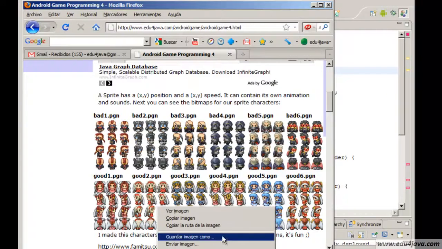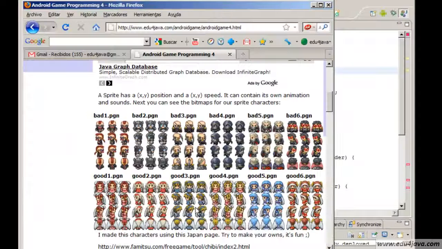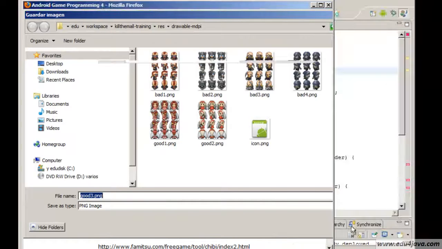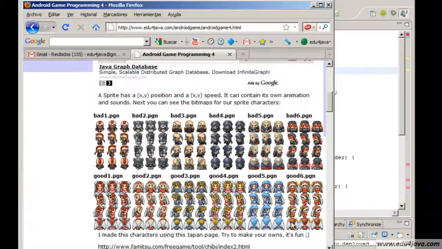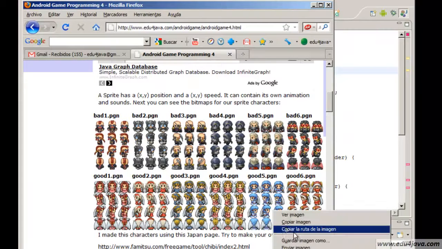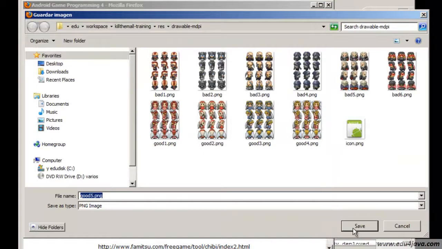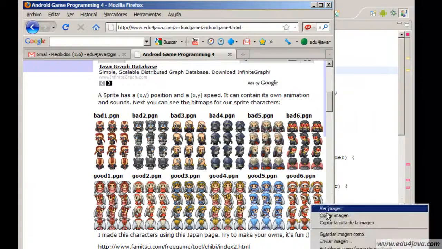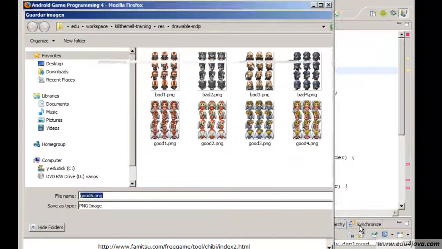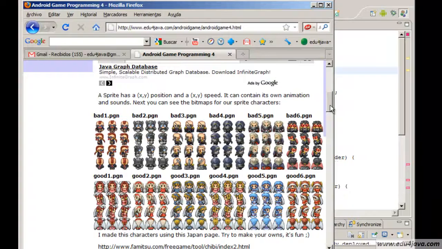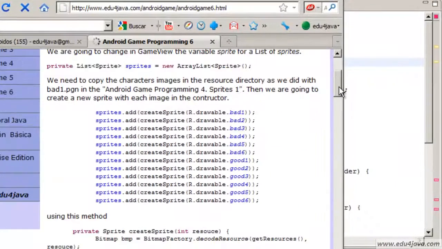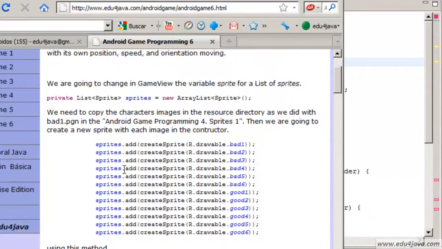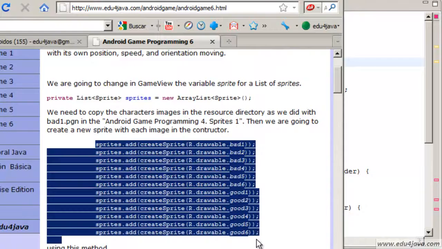Now good 1, good 2, good 3, good 4, good 5, and lastly, okay, now we go back to the page 6 of our tutorial, and now yes, here we're going to copy